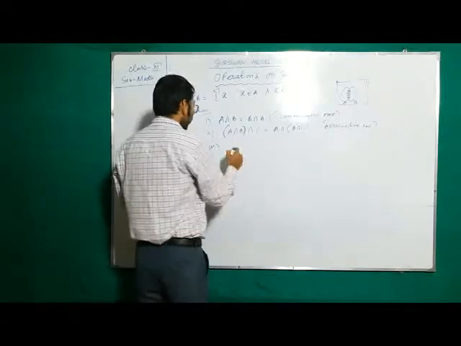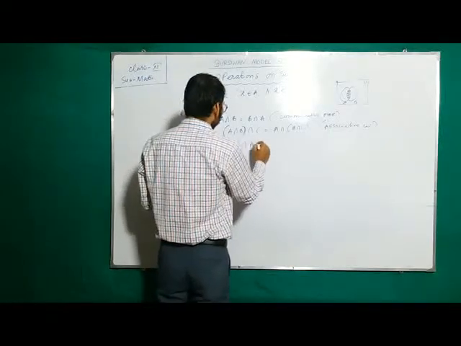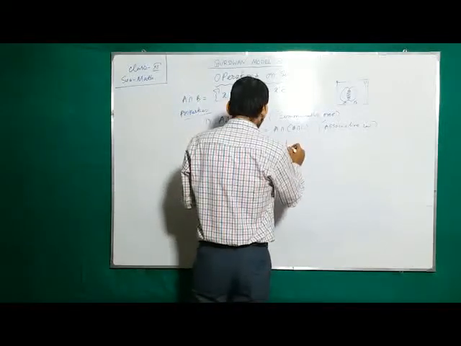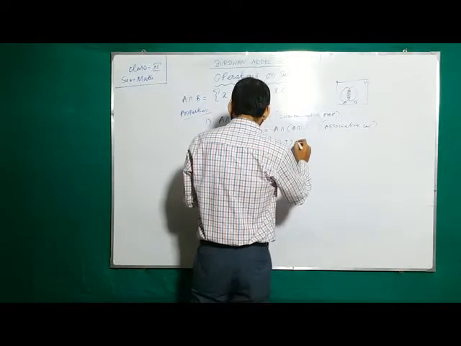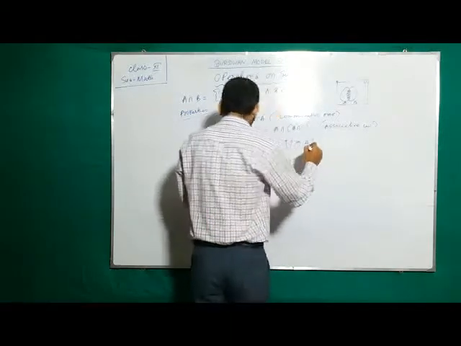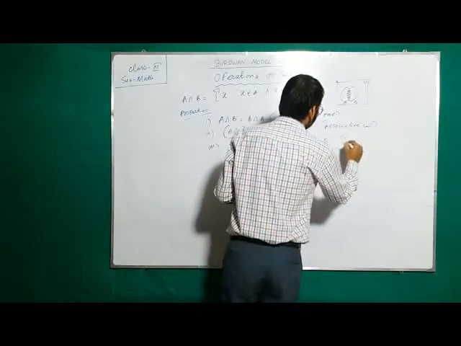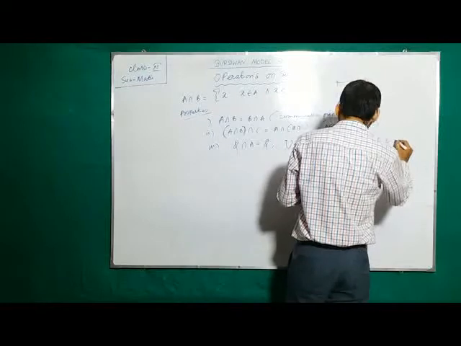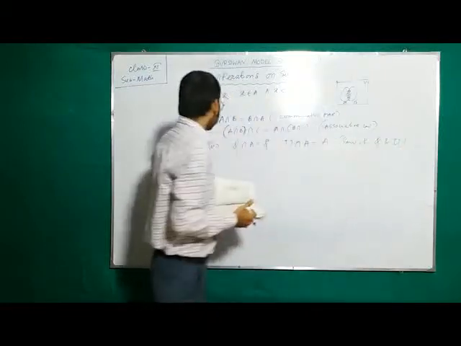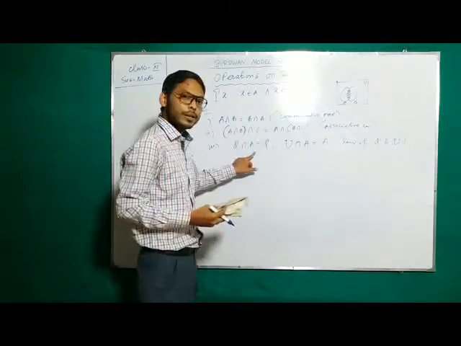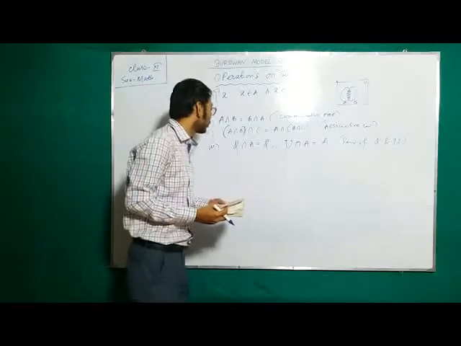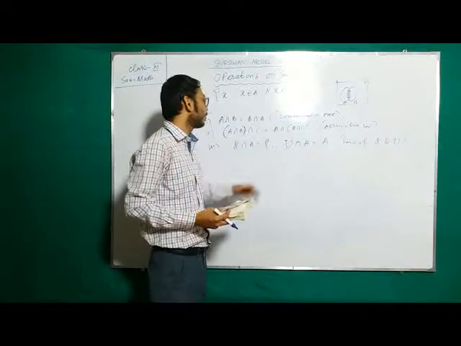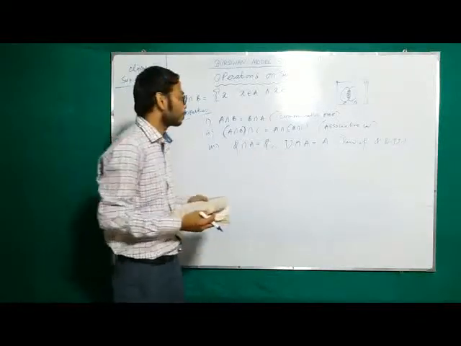Number 3, the law of phi: phi intersection A equals phi. Also, the law of the universal set: universal set intersection A equals A. This is the law of phi and universal set. Whenever you do the intersection of phi with a set, phi meaning the null set, you get back phi. That means there is no common element, no common portion.